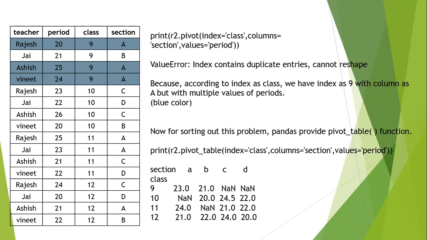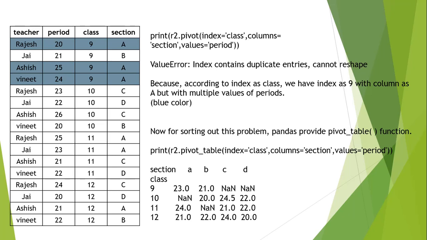Okay, so what it has done is it has taken the average of those three periods which were given according to the table. Okay, and similarly if there was a repetition somewhere else also, it has taken the duplicate entries, taken out the average and provided you the value, and wherever the classes were not given, it has put NaN, that is not a number. So it has sorted out this problem that if we are having multiple entries, it is going to take all of those entries, take the average of them, and provide you a particular value for that particular column or row.